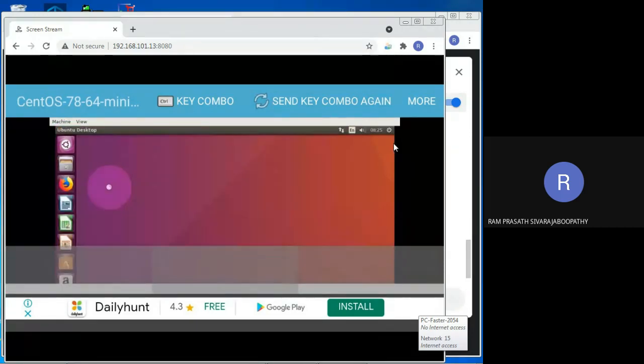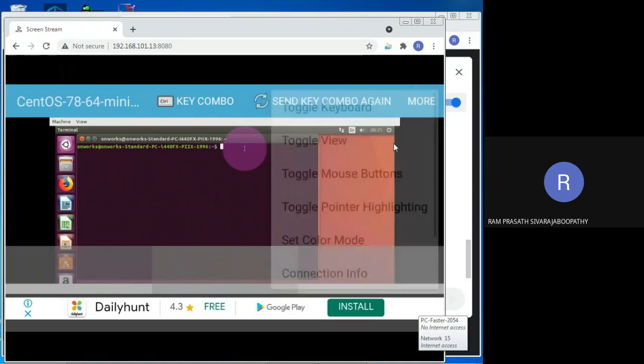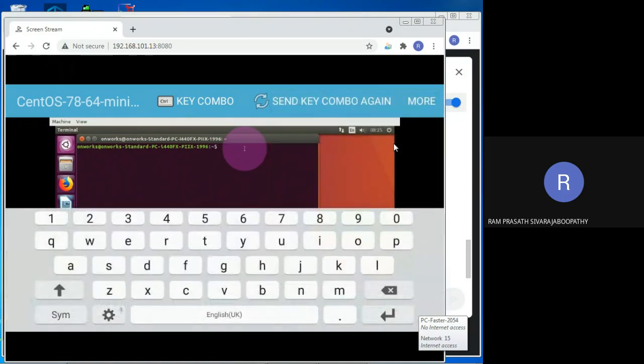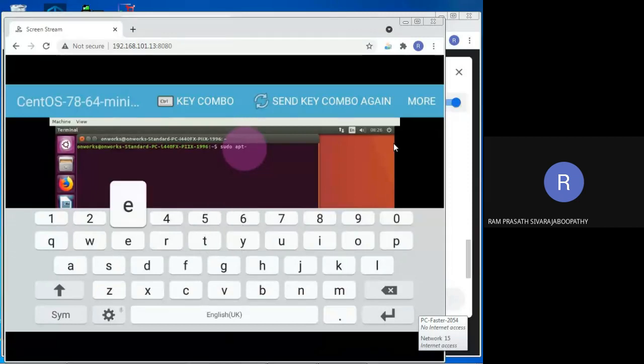Yes, after clicking on the terminal, you have to type here. Yes, here we have to type so that I am going to get the keyboard. Yes, with this keyboard I am going to type sudo apt-get install -y mcu8051-ide. Kindly note down this command, students.